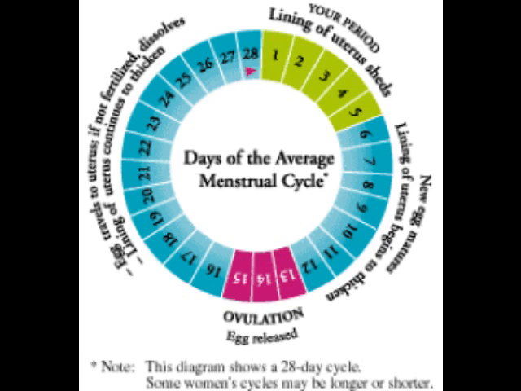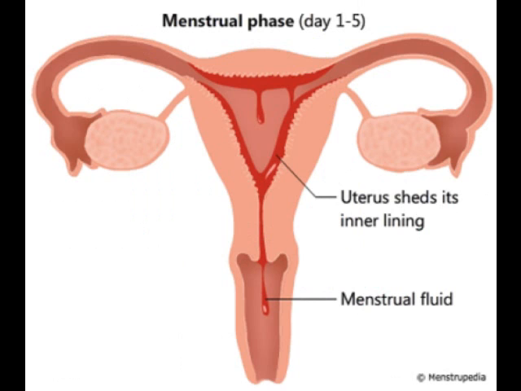Day 1 through day 4 is called the follicular phase. This is when menstruation occurs. Menstruation is the monthly shedding of your uterine or endometrial lining. Though it can be uncomfortable and sometimes inconvenient, your period is your body's way of telling you that your reproductive